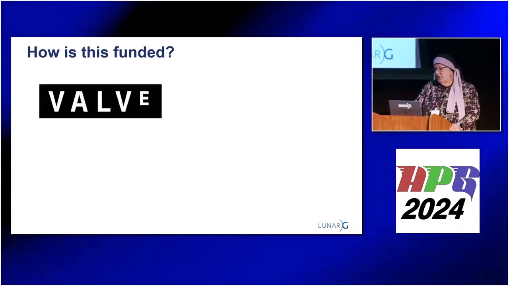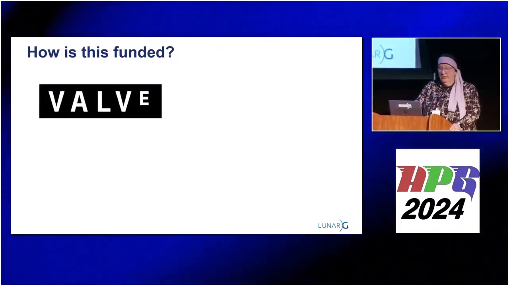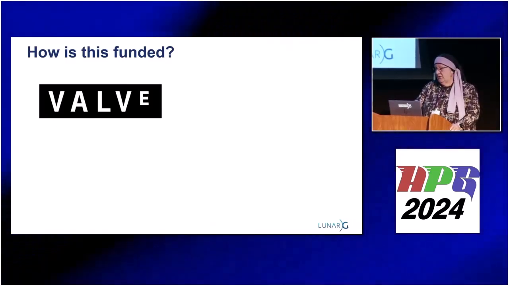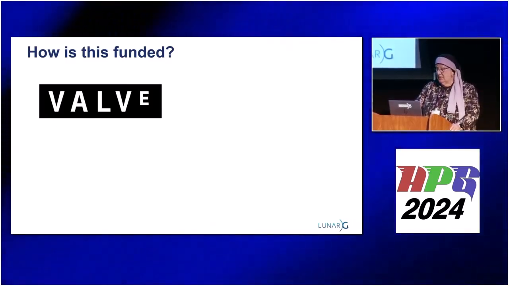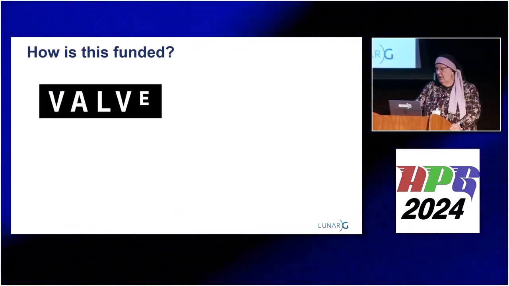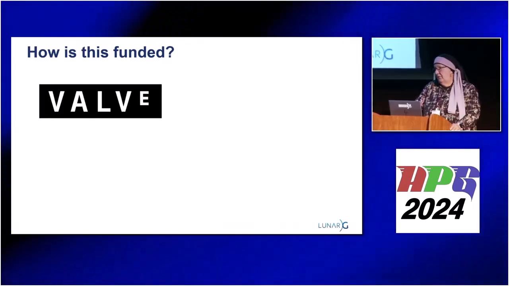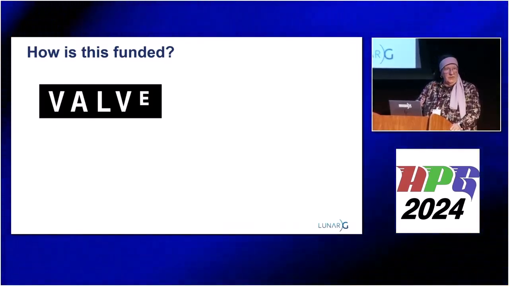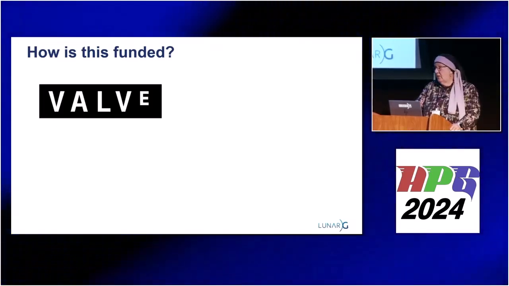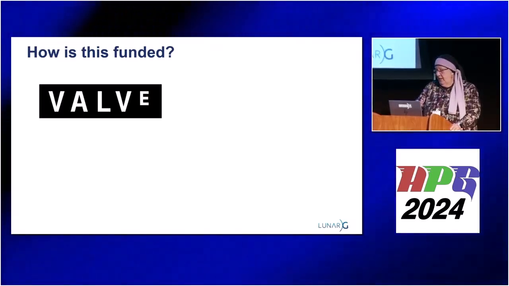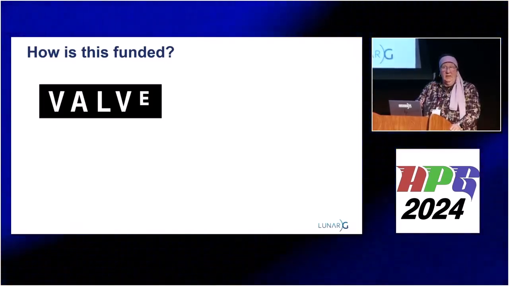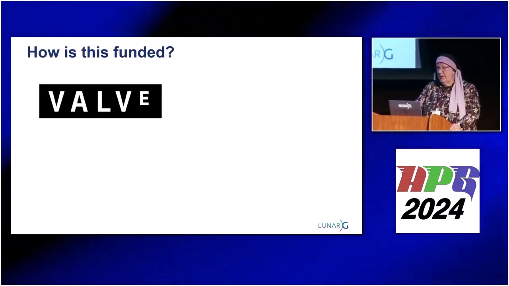Valve was the initial sponsor and benefactor of the Vulkan ecosystem and still remains the steady and most generous supporter of LunarG to this day. They fund ecosystem development regardless of whether it benefits them directly. If they see a benefit for others in the ecosystem, they are funding it to make this happen. This is why I call them the benefactor. And they were very strategic in their intentions and their thinking. They started this funding before the launch of the API.